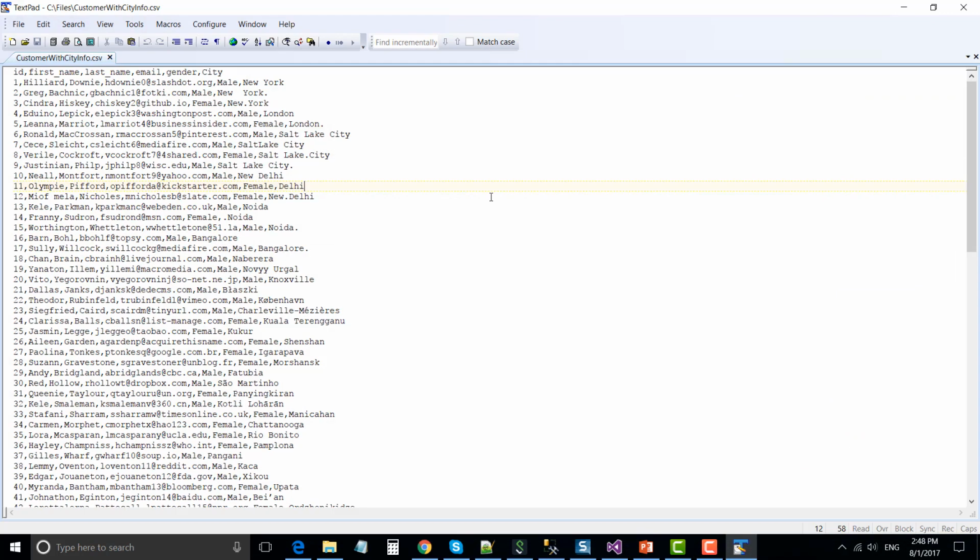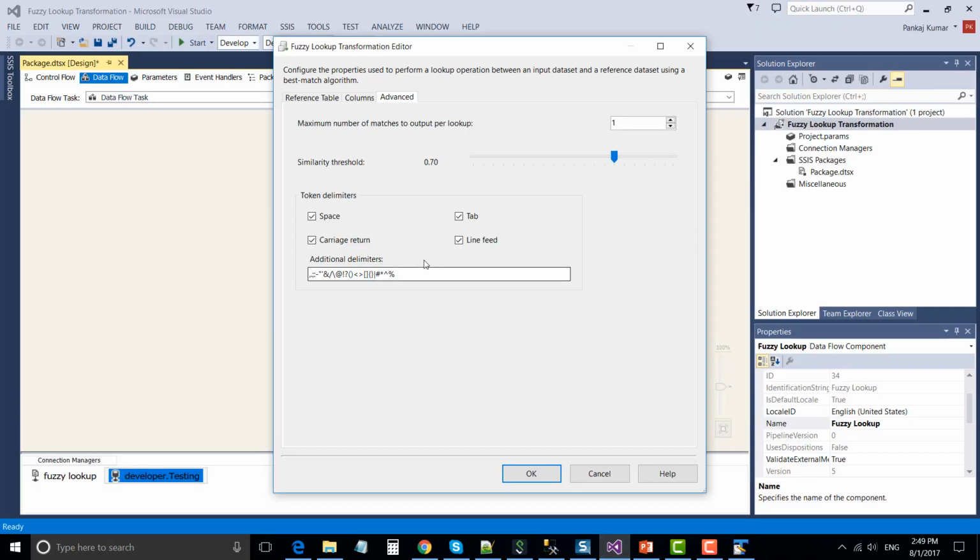For example, if you look at this particular CSV file, we have some extra spaces in the city, and then we have some dots in the city as well. So the spaces and dots need to be taken care of while doing a fuzzy matching. So we can simply put a dot here, and then we can remove these other things, and have just a space and dot to be taken care of while doing a fuzzy matching.